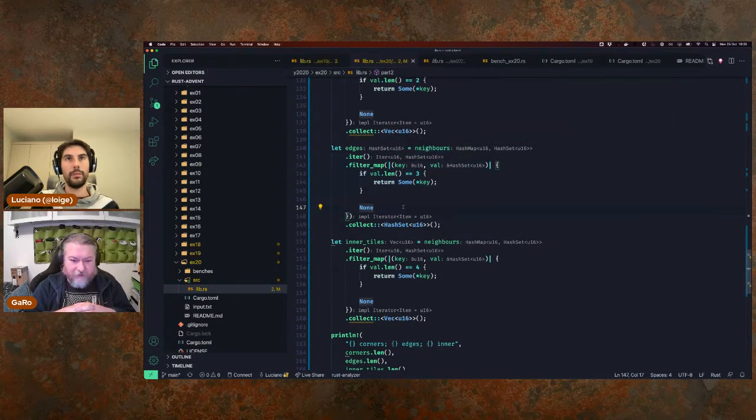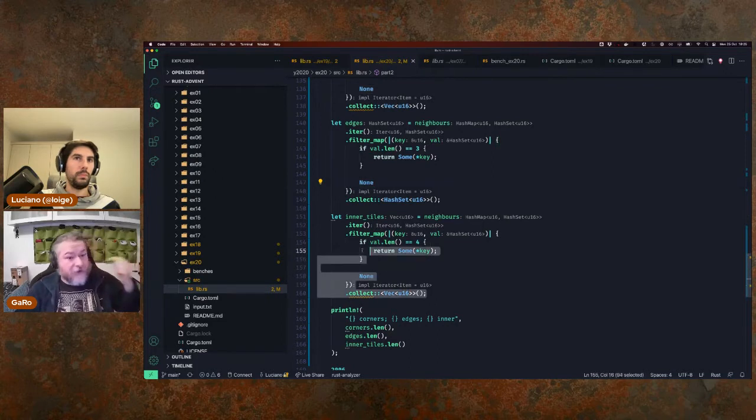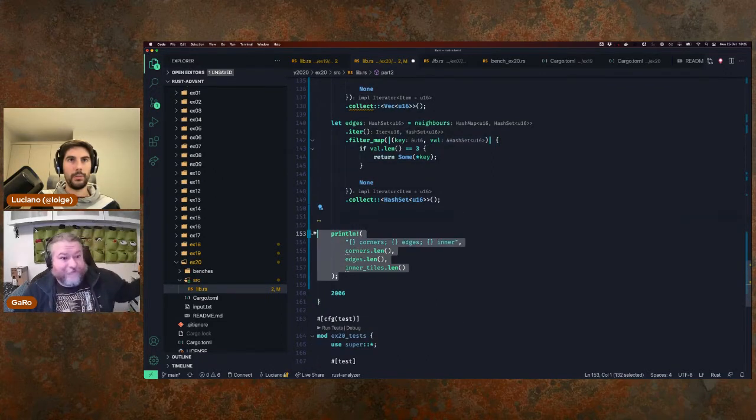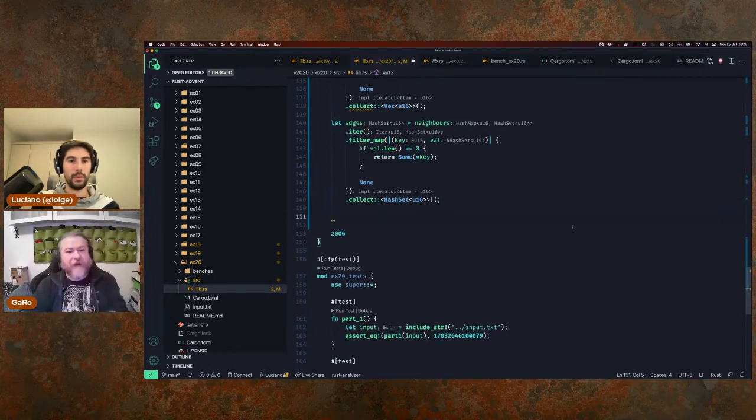That should be enough, I guess. I hope so. In the inner tiles, we don't care. We know that if it's not a corner and not an edge, by exclusion, we don't need to collect that. Perfect. Okay, so now we can create our image array. Mutable? Yes, and this is gonna be